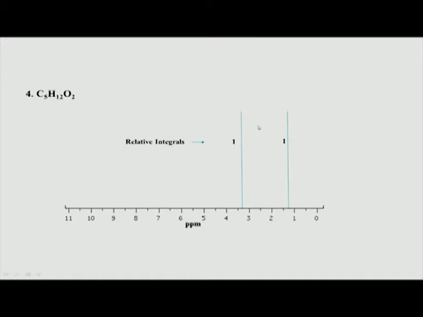Now, this is a very interesting situation here. Look at this case, this is C7H12O2, but here there are 12 hydrogens, yet we see only 1 and 1. So, if you add them up, it is only 2 hydrogens. So, how can that be?